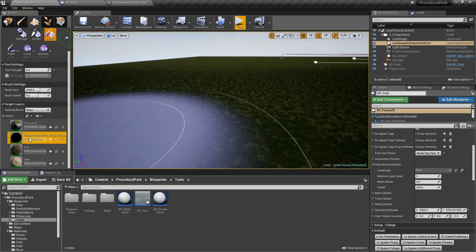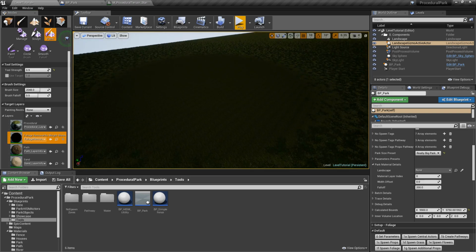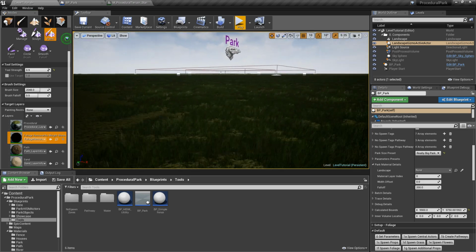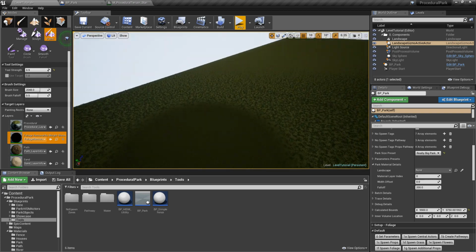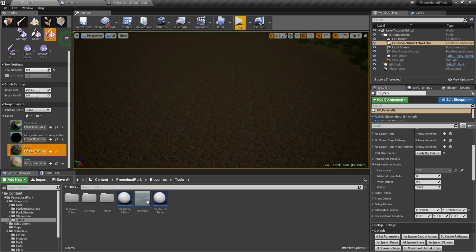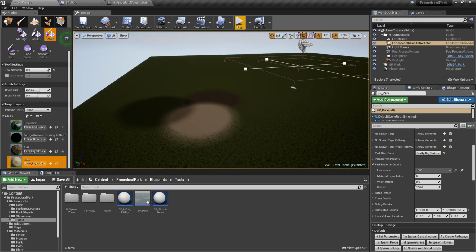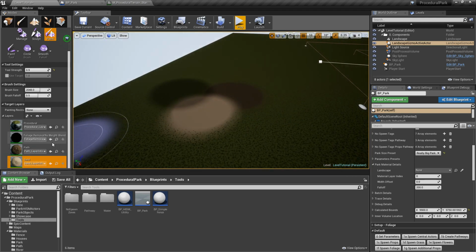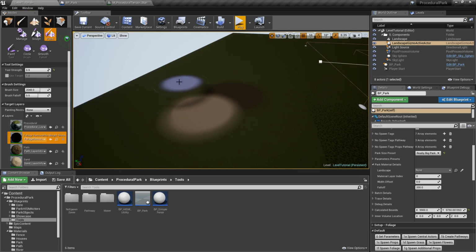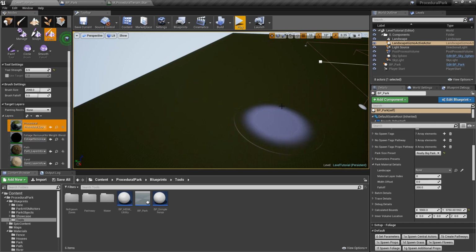You have foliage removal. So if I paint here, you see that it removed the grass meshes, but not the grass texture. Or if I go to path and I click here, it'll actually spawn some dirt. And I can go ahead and click on sand and spawn some sand here. Now, if I wanted to, I'm going to go ahead and select foliage removable and click on shift and paint over to remove that layer. If I wanted to remove that, I can just paint the procedural layer on top and it'll create the grass